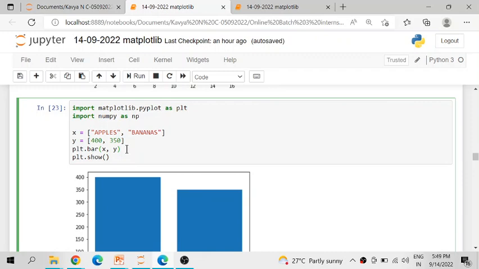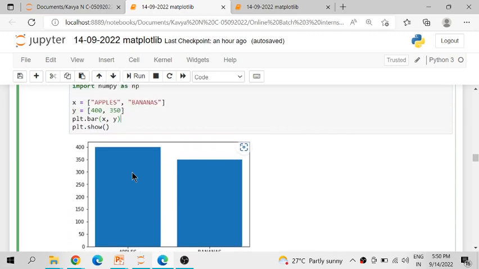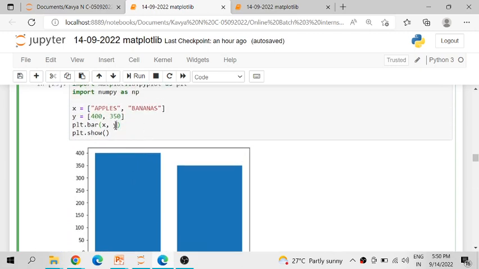And align will give you the alignment of these bars, either it should align at the center of the y values, like scalar value, like this categorical value, or it should align towards left, or towards right. So all those things we can give for the align attribute. Either center or edge. We can give it as an optional attribute. So if it is given like align